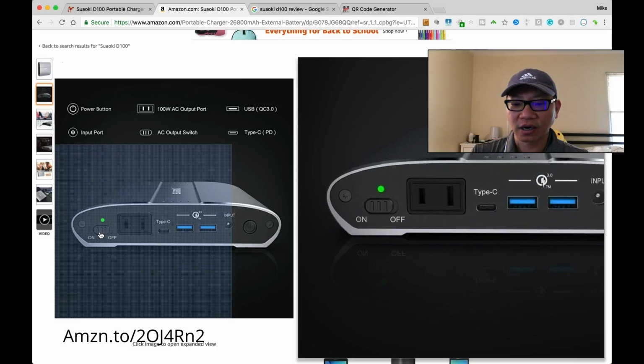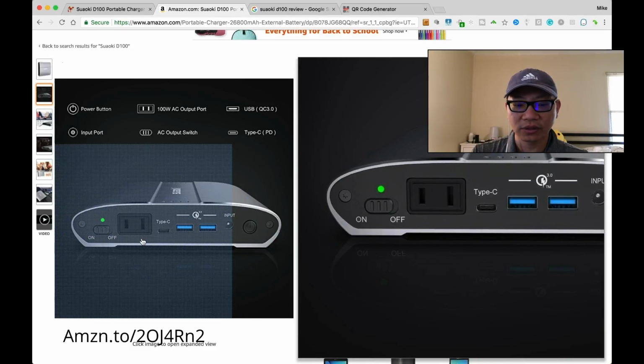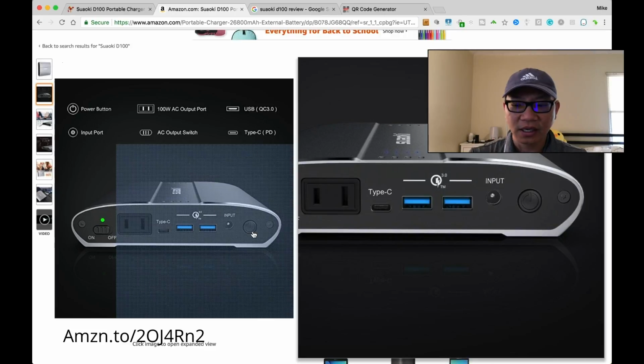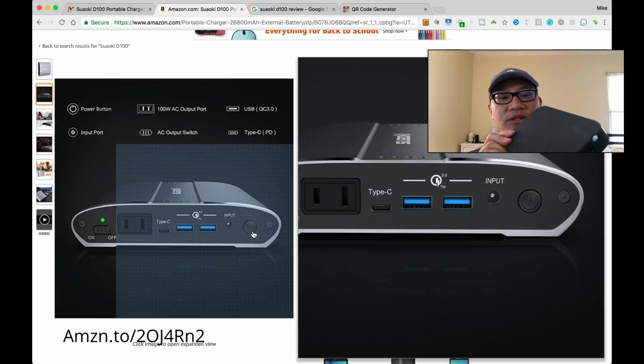So there is a separate on-off switch over here on the left-hand side, and that is only, I believe, for the AC adapter right here. But on the right side, you have a separate power button. I don't really like the setup, and the example I have here is this Nasdaq. And the problem with this one